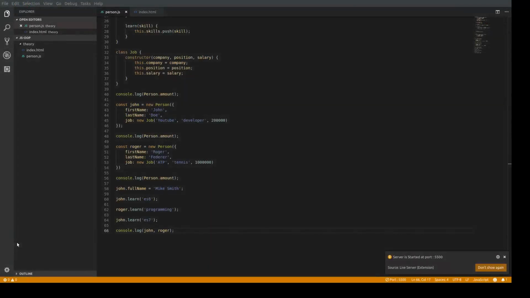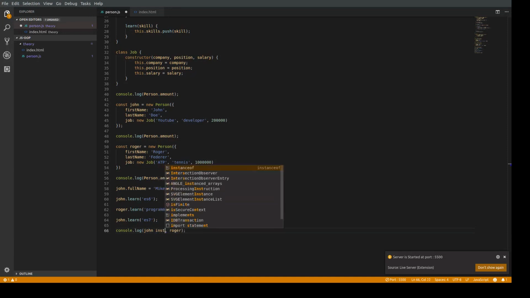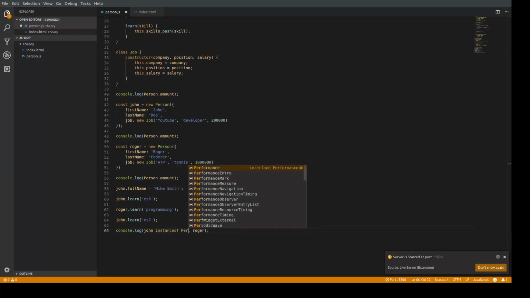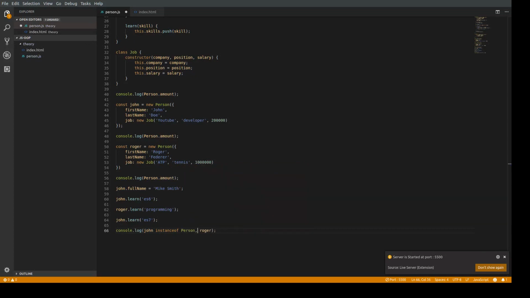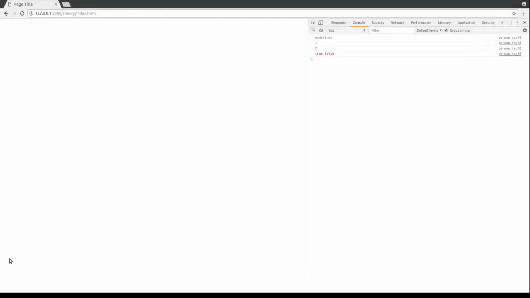So what else can be helpful here? Sometimes it's important to check if some object is an instance of some class. For example, here John is an instance of Person, it should return true, but for example for Roger we can check if it's an instance of Job, that is wrong, that will return false. Roger has property job, but it's not an instance of that class. Let us check. Should be true and false, correct. Okay, and